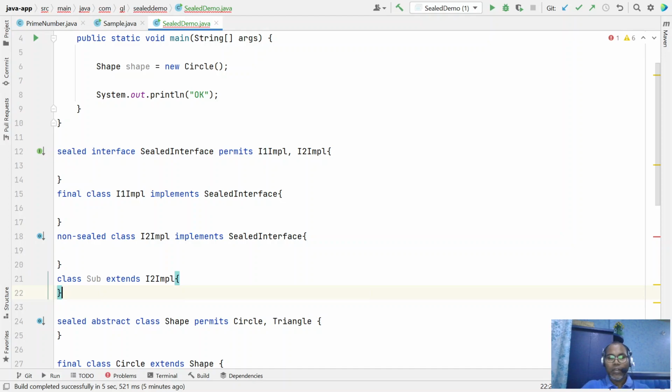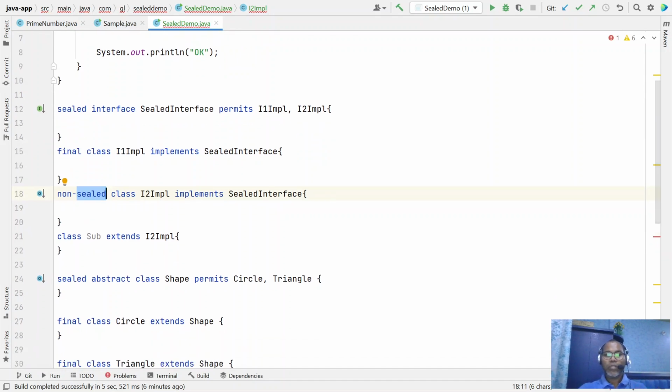But generally, whenever you are writing a sealed interface or class, the subclass should be final. You are restricting so that no other classes can inherit and implement. So the preferable way is final, but the compiler does not enforce it. In some use cases where you may need further subclasses, you can mark it as non-sealed.